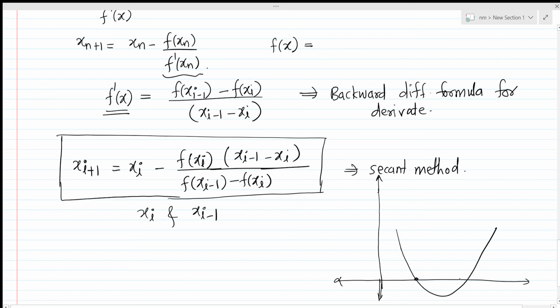These are the two points, xi and xi minus 1. So we connect the secant